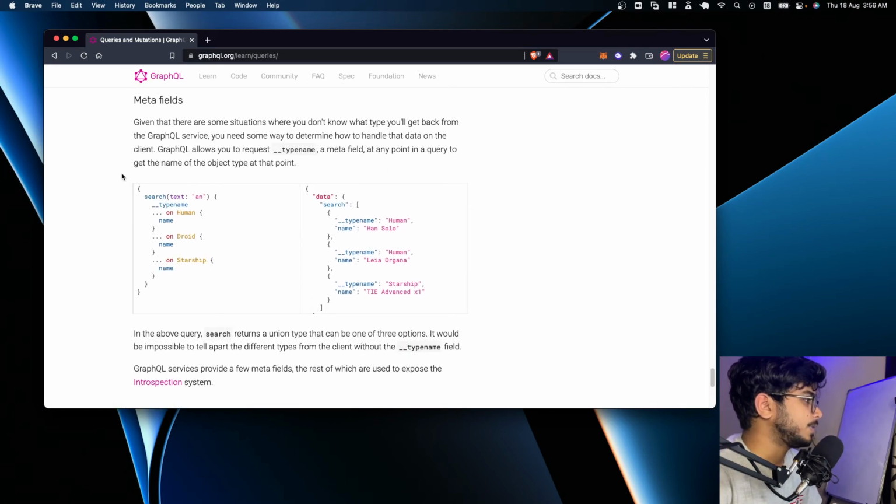Anyways, the last topic, meta fields. Given that there are some situations where you don't know what type you will get back from the GraphQL service, you need some way to determine how to handle that data on the client. GraphQL allows you to request __typename, a meta field, at any point in the query,